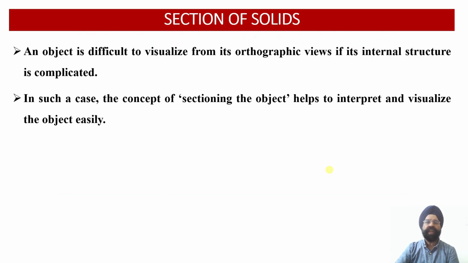Now the sectioning or the cutting of the solids is usually carried out in order to view a clearer picture of the interior details of the objects, which are otherwise drawn as hidden lines or dotted lines onto any given orthographic projection. So an object is difficult to visualize from its orthographic views if its internal structure happens to be complicated. In such a case, the concept of sectioning of the object helps to interpret and visualize the